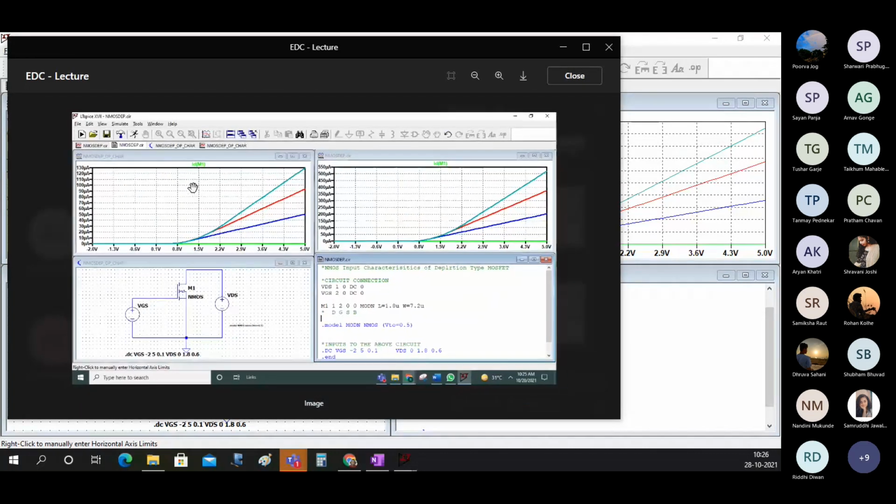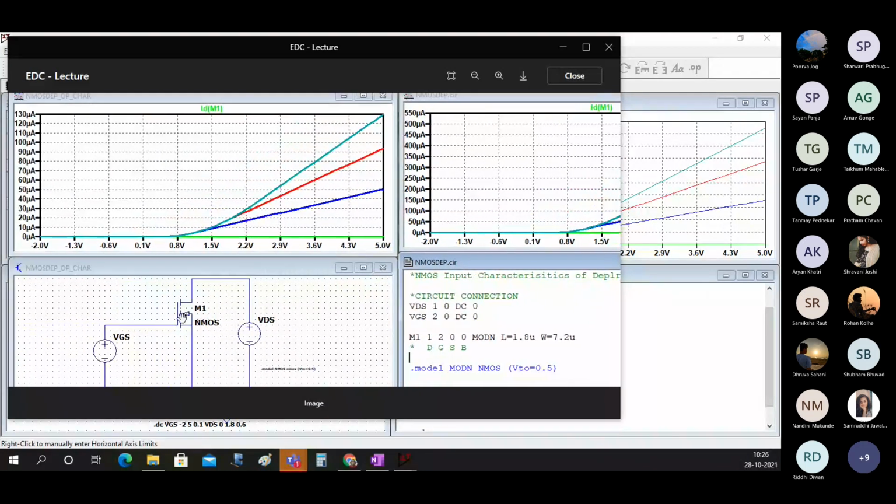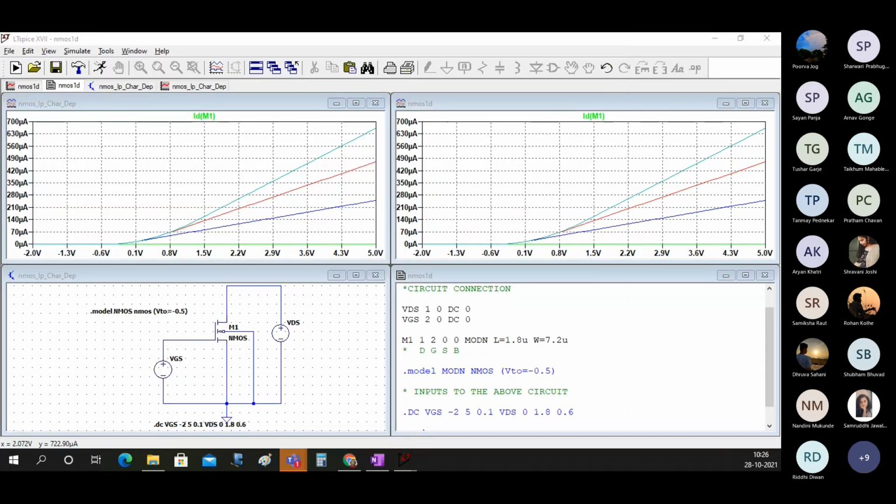Then you right click on that MOSFET and you give this L and W. There is a provision to give length and width. Sayan, your output is perfect.